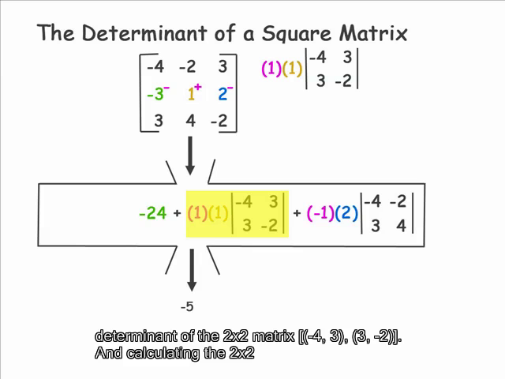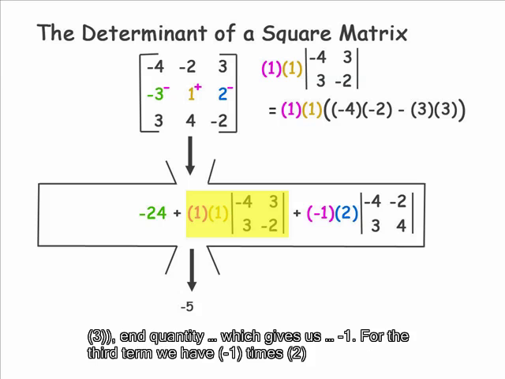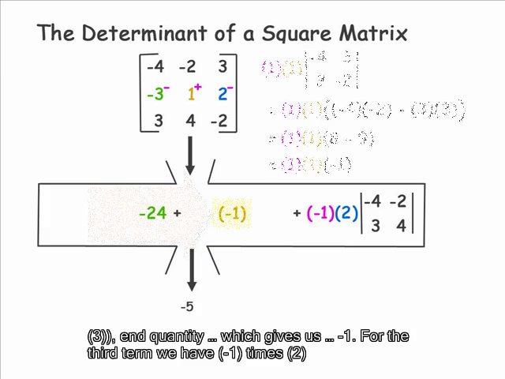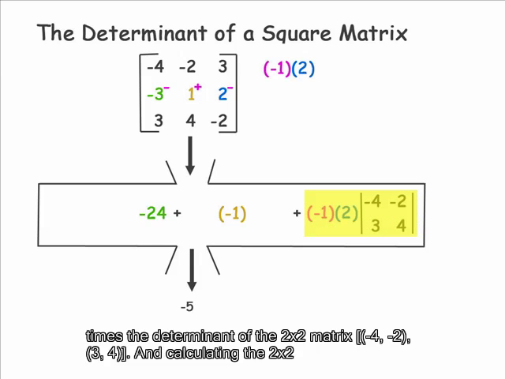-4, 3, 3, -2. And calculating the 2 by 2 determinant gives us 1 times 1 times the quantity, -4 times -2, subtract 3 times 3, which gives us -1. And for the third term, we have -1 times 2 times the determinant of the 2 by 2 matrix,